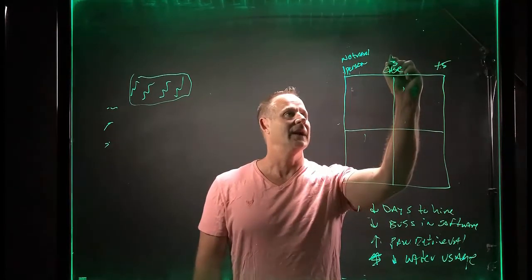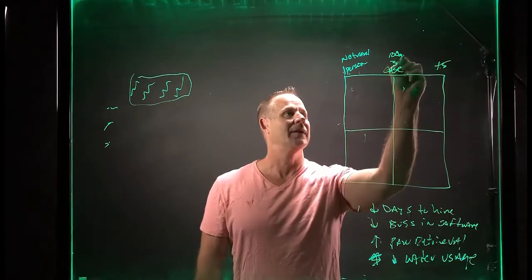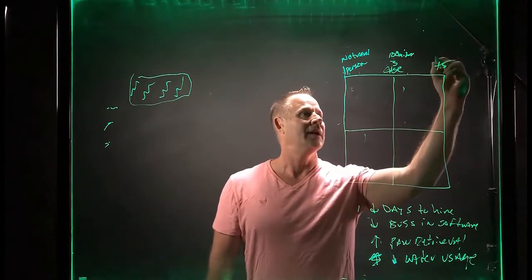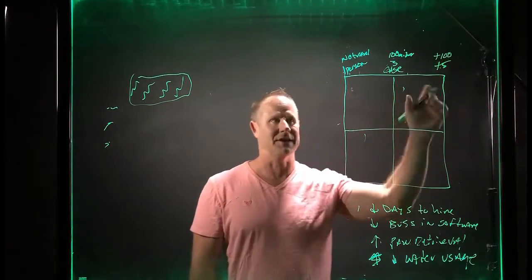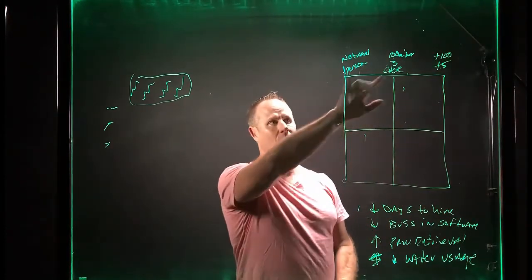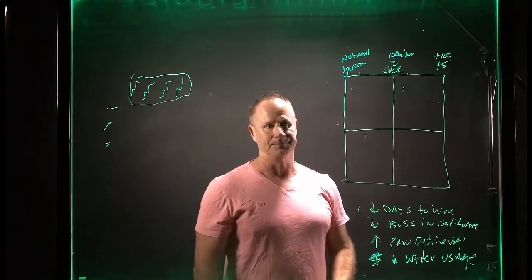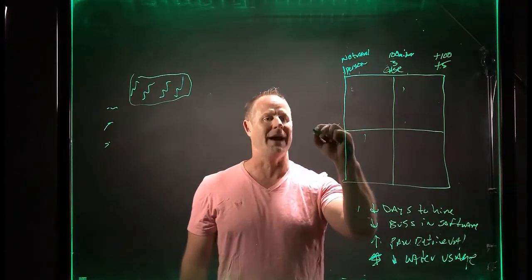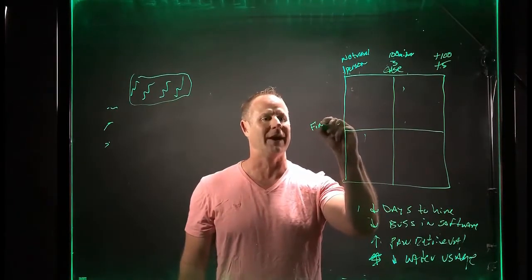Let's say within 100 miles of the plant. And then, plus 100. Again, let's not get caught up on if these are the right criteria. You pick your own. What I'm showing you is they've got to be measurable. Now we said impact, and I'm going to make that more measurable. Financial